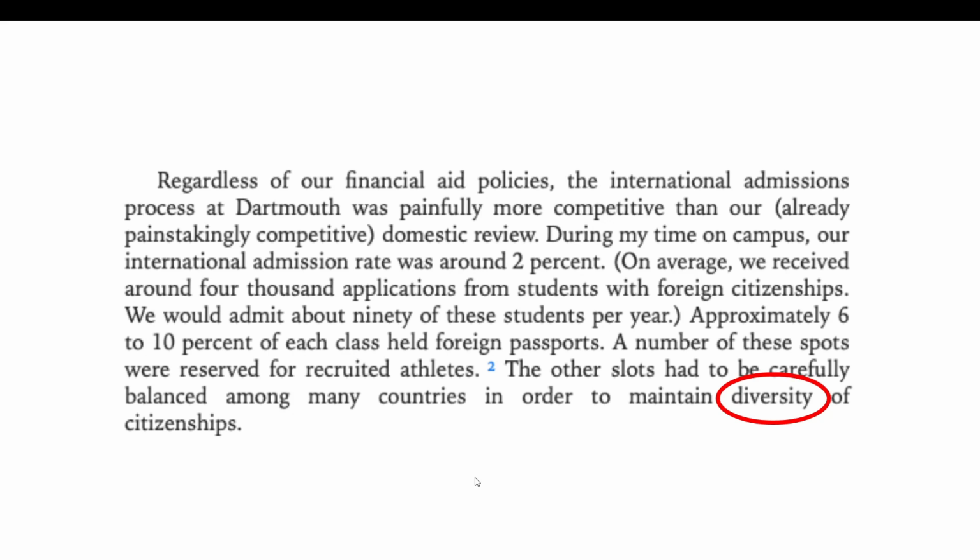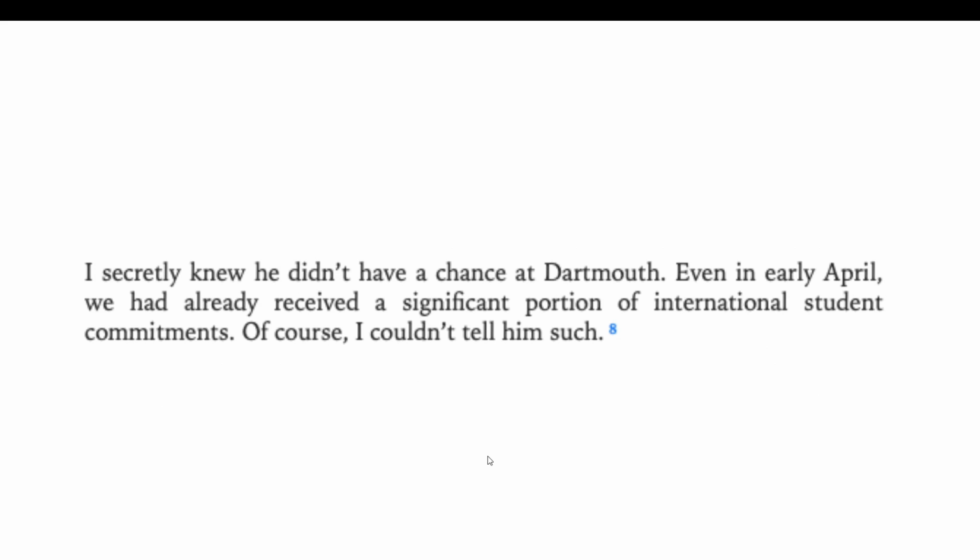And this is something that people aren't talking about. Now, this is in reference to the quota argument. And this is basically talking about a Japanese student who visited Dartmouth and they were waitlisted. What they wanted to do is try to convince the admissions officers to let them in. It didn't work, and the reason is because